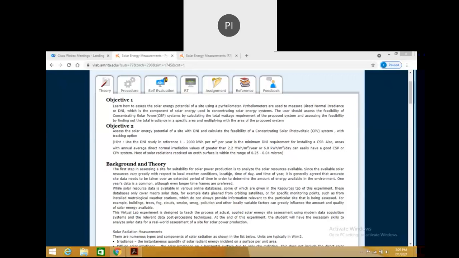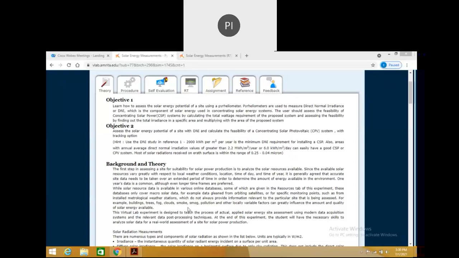If we want to place a thermal power station or a solar thermal power station, that site information may not be provided by the meteorology department or any other departments. By using a pyrheliometer, we can determine the weather conditions of that site. How much total radiation is absorbed by that site, we can calculate by using a pyrheliometer.